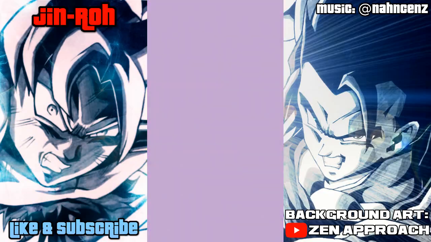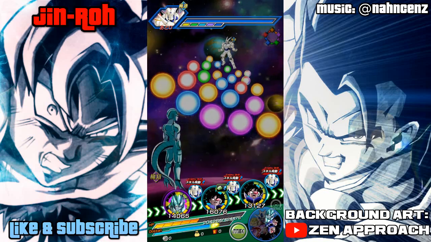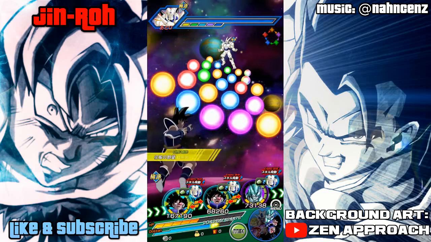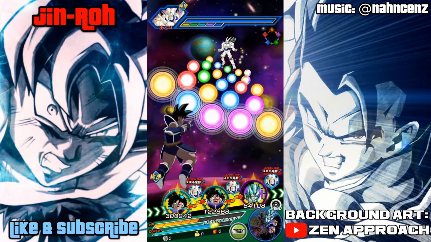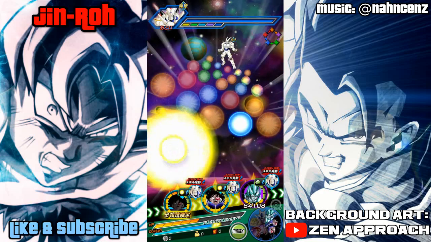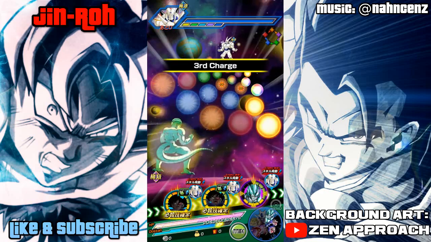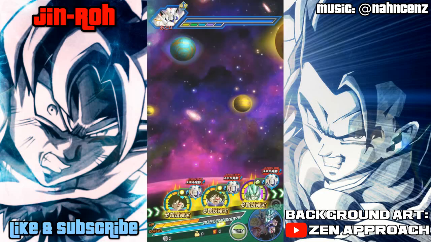Super type enemies' defense will drop by 80%. Unfortunately, in this case, it is an extreme type, so you're not seeing that much of a boost. That's the dilemma here: when he transforms, not only do you lose that 40% increase to attack for all allies, if you're battling against an extreme type, you're not going to see that